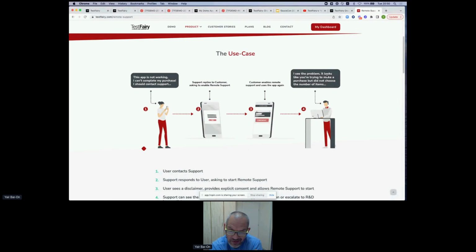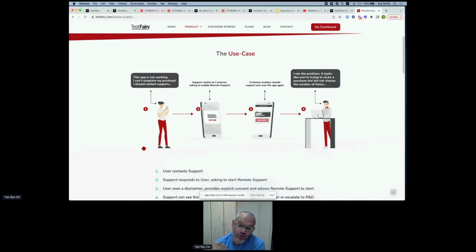So what remote support can do is help you shorten the cycle, the time from a defect to response in the company. If there's a problem in the field, you'll know about it much faster and you'll be able to escalate and respond much faster. The main difference from beta testing is that in beta, we would recommend recording users because they're company employees